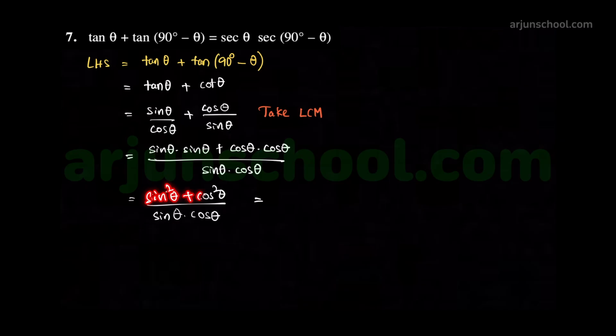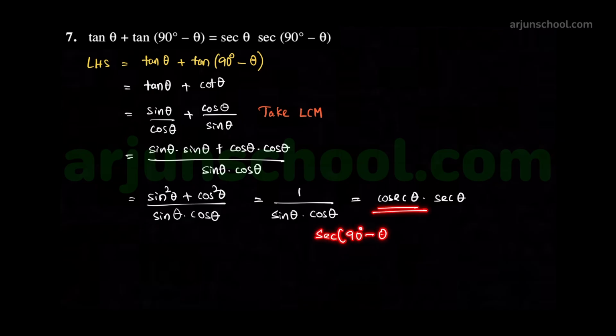In the numerator, sin square theta plus cos square theta can be written as 1 divided by sin theta into cos theta. We know that 1 by sin theta is cosecant theta and 1 by cos theta is secant theta. We know that secant of 90 degrees minus theta is equal to cosecant theta. Therefore, we can write cosecant theta as secant of 90 degrees minus theta